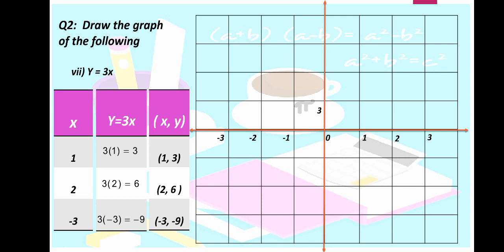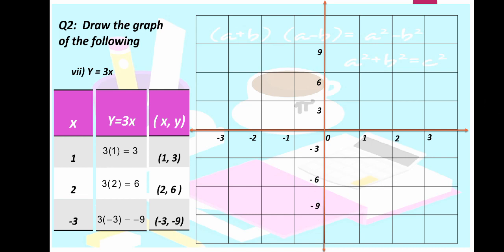Then for the y-axis, you can see the numbers are 3, 6 and 9. The maximum number is 9, but there is one more thing, that 3, 6 and 9 are the multiples of 3. And you have to take the same difference of number for the y-axis. So here we will take the points 3, 6 and 9. Here you can see in 3, 6 and 9 there is a difference of 3. So on the negative y-axis, -3, -6 and -9.